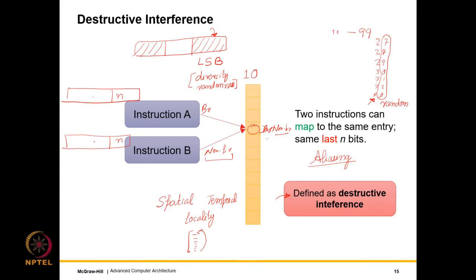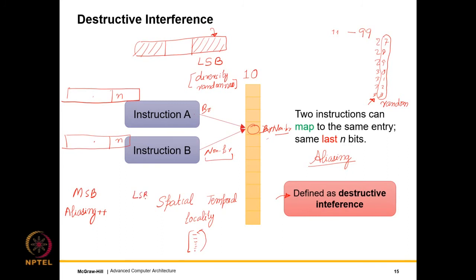So within a small region, you will see most of the diversity in the least significant bits, and the most significant bits for a small region will roughly remain the same. So if I use the most significant bits to address this table, it is possible that most of the instructions will actually map to the same entry, and we'll have a massive amount of destructive interference, right? Massive amount of aliasing. So if I use the MSBs, the aliasing that I will see, which is instructions mapping to the same entry, will be very high.